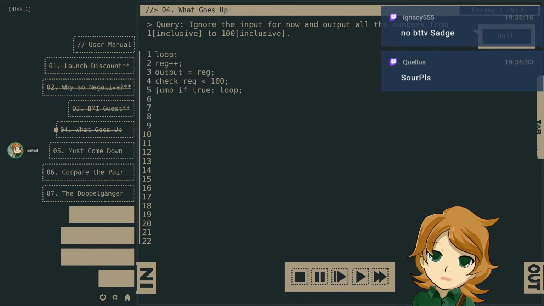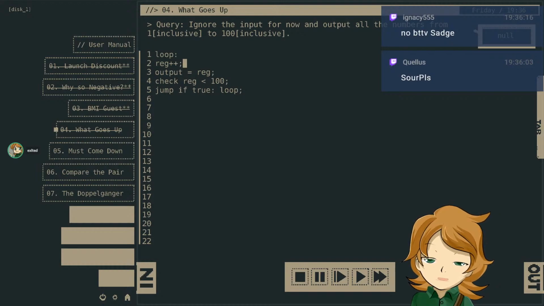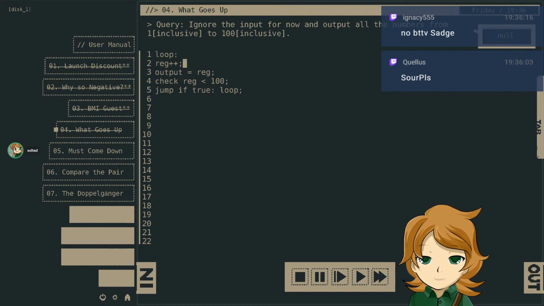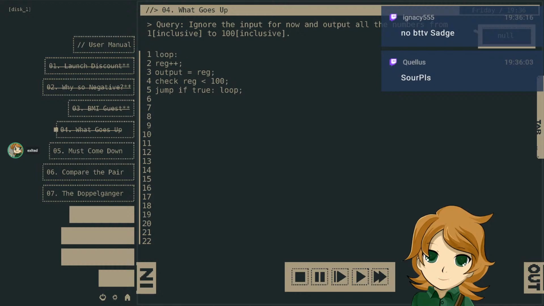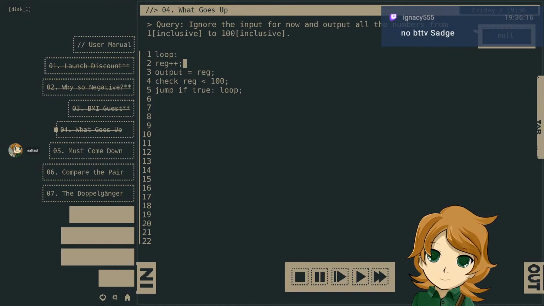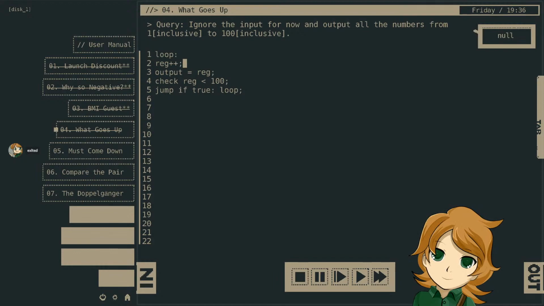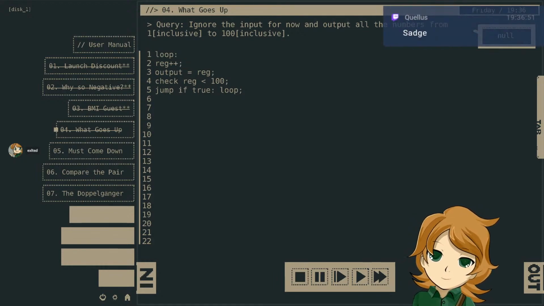So the reason I can't do BTTV is because I'm using Restream Chat, which is used because it allows me to combine YouTube and Twitch. Let me see if I can change that, but in general,